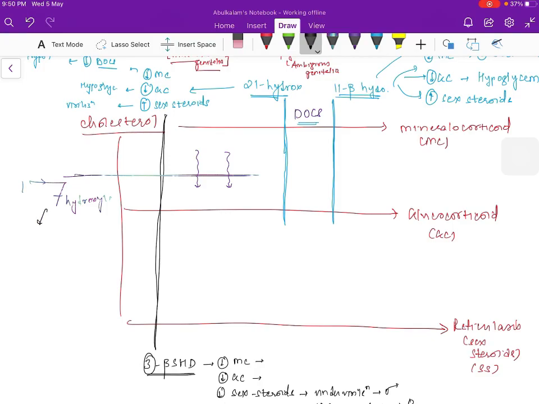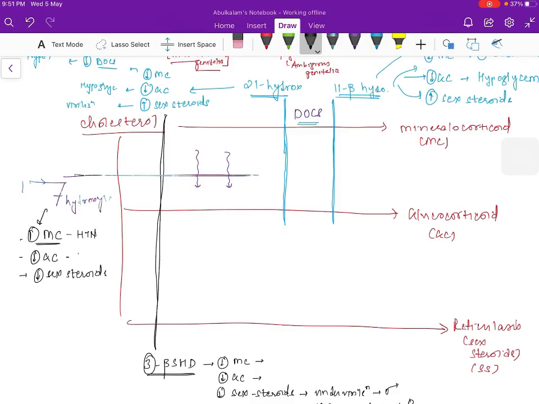Now the last enzyme which is remaining is 17. Now I said it is the only enzyme which blocks the pathway horizontally. What do I mean by that? If this enzyme blocks the pathway horizontally, visualize the first line will not be affected at all, because it blocks the conversion of mineralocorticoid to glucocorticoid. It does not have anything to do with the synthesis of mineralocorticoid, right? So if it blocks the pathway horizontally, what will happen? It will present with increased mineralocorticoid, again due to DOCS and aldosterone, both will increase, right? So it will present with increased mineralocorticoid, decreased glucocorticoid, and decreased sex steroids, right? So increased mineralocorticoids, that implies hypertension.